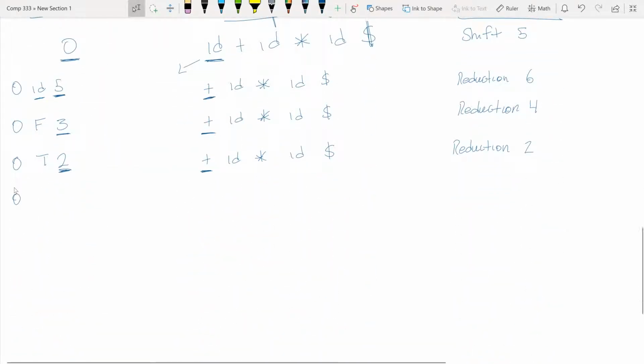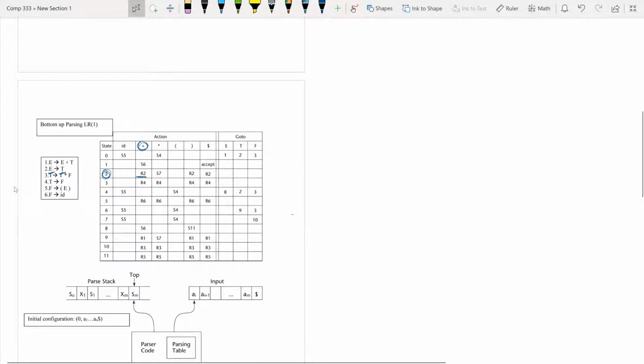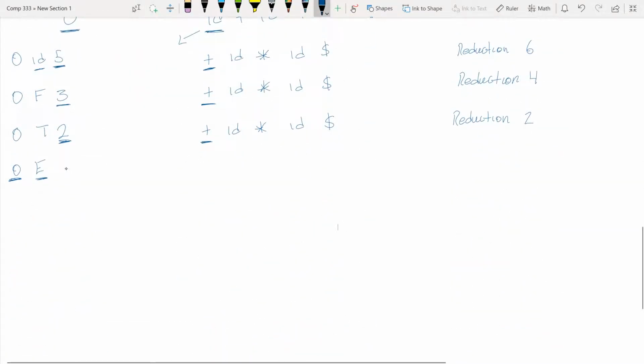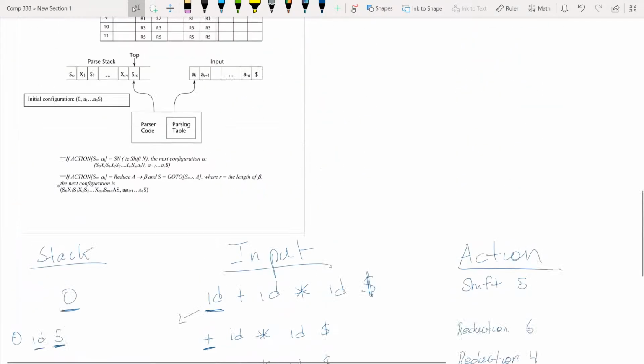So we got 0 and E. And to figure out what this 2 is, we look at 0 and E. So erase this. We get 0 and E, and we get a 1. So right here, this turns into a 1. And then this gets copied down. Plus, ID, multiplication, ID, money sign. And if we look at 1 and plus in the big table,